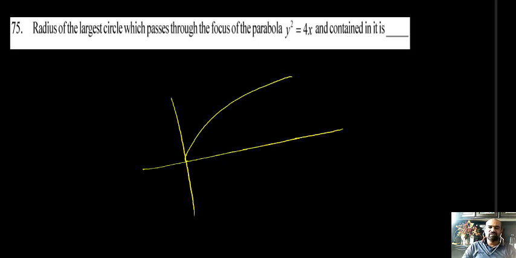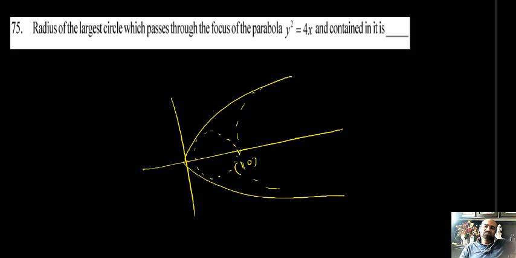Our next problem: find the radius of the largest circle which passes through the focus of y square equals 4x and contains the parabola. For example, this is the parabola, and this is the focus of the parabola, 1 comma 0. Now we want to draw a circle which passes through the focus and contains the parabola. This may be one of the circles and this may be another circle, but we want a